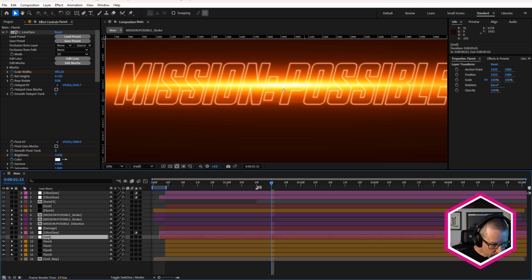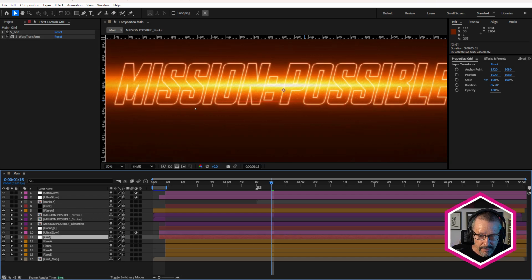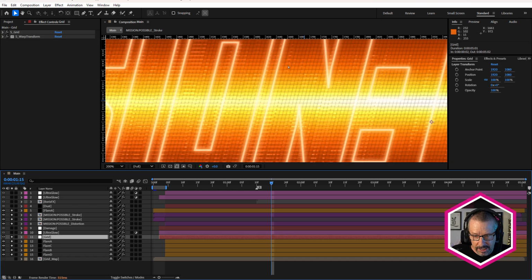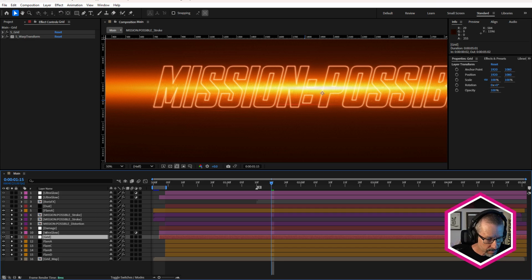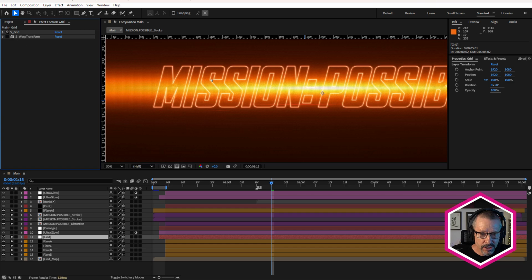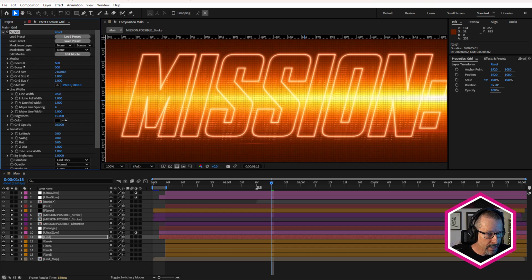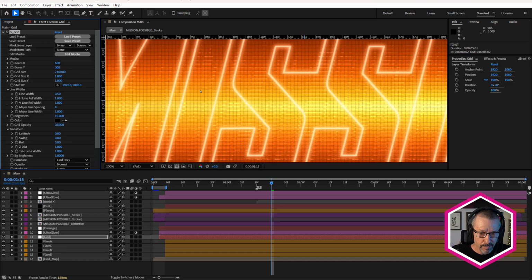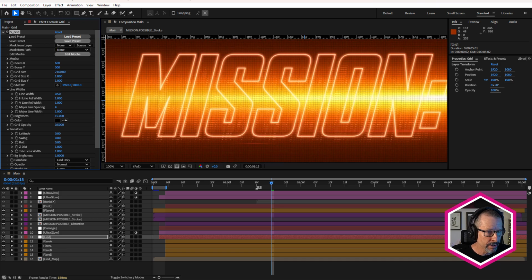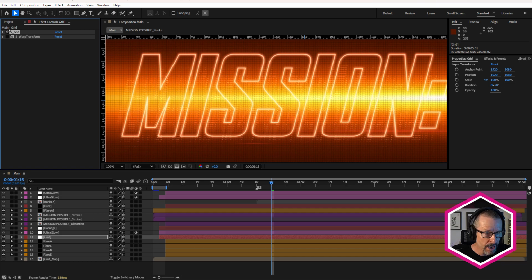Okay, so let's go to grid. In the trailer, I noticed there was this really fine grid, and I really like that. Let's take a look at the settings here. So we've got S Grid, and I've got a really high box X and box Y value. And I probably want to save this as a preset too because it was very handy. It creates this really fine mesh.